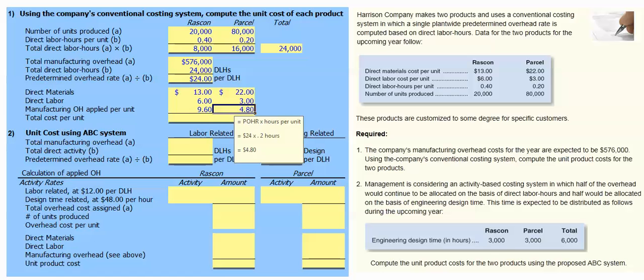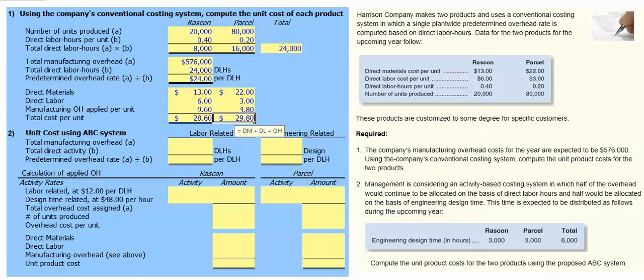Our total estimated per unit cost for the Rascon then will be $28.60. This is our direct material plus direct labor plus our applied manufacturing overhead. For the Parcel, it'll be $29.80. For our second requirement, we're told that management is considering an activity-based costing system in which half the overhead